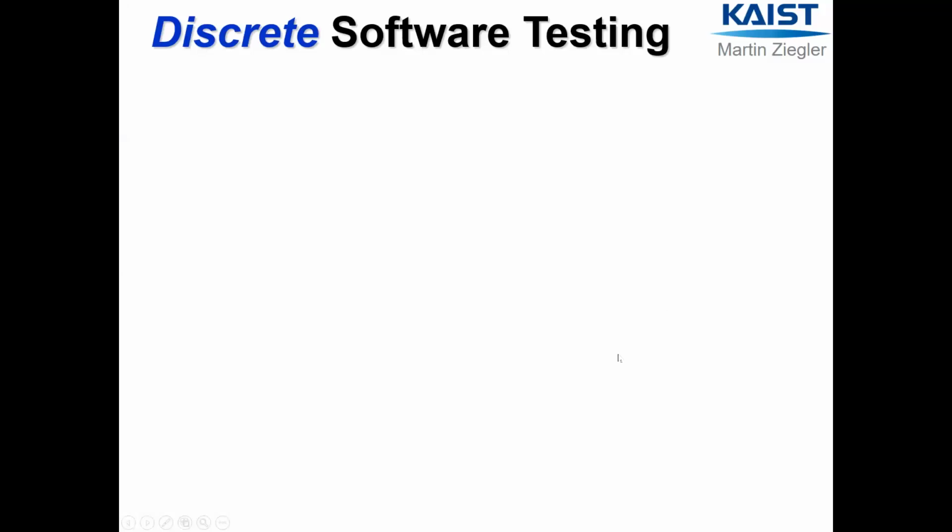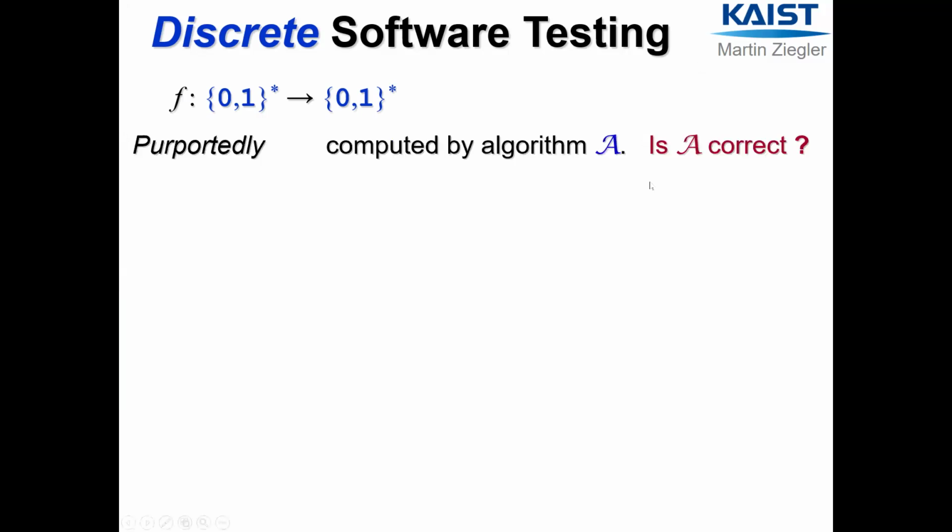Right, so a brief recall: discrete software testing. Classical software testing revolves around discrete functions, functions from discrete spaces, such as the space of finite binary strings as domain and codomain. And the question typically asked is, given an algorithm, does that algorithm really compute that function? Is it correct or not? And discrete means